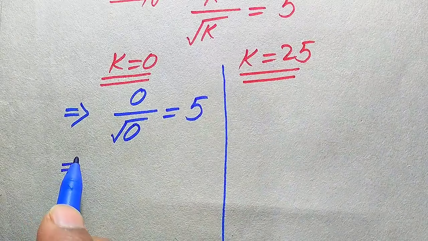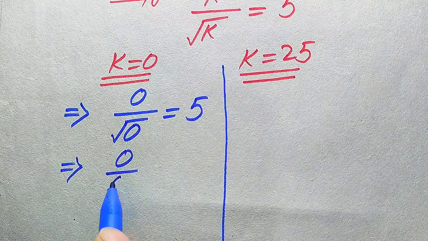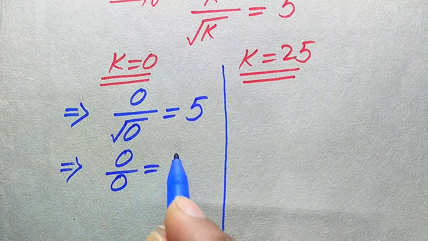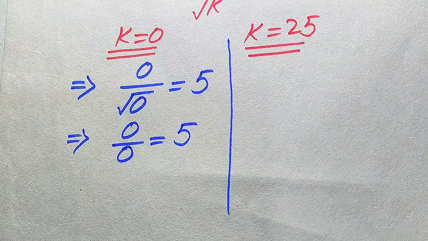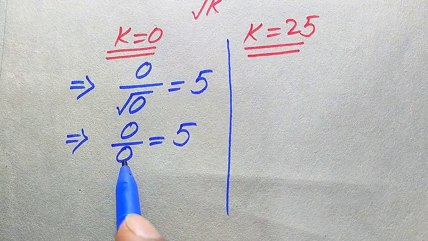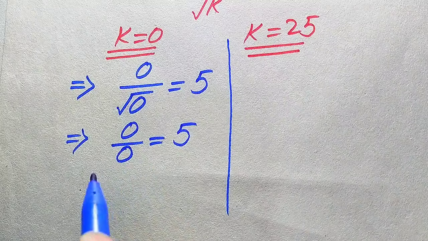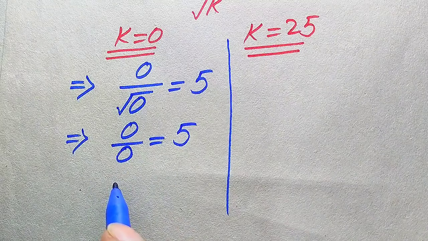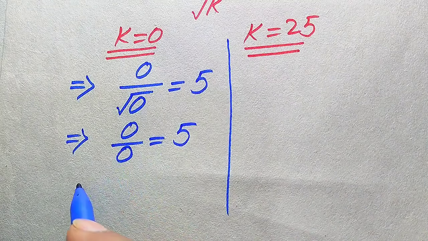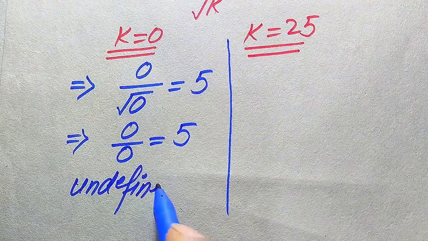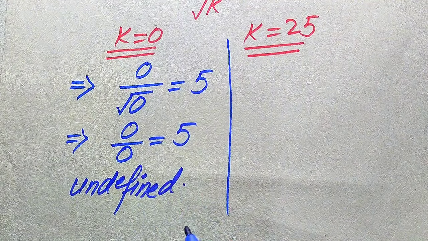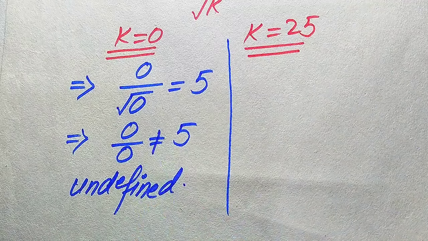So you see here 0 divided by 0 becomes 0 divided by square root of 0 becomes 0 equals to 5, and here you see that on the left hand side we get 0 over 0 form, or in other words we just say that it is indeterminate form, or we call it undefined form. So if our left hand side is undefined form, we say that both of the sides are not equal,